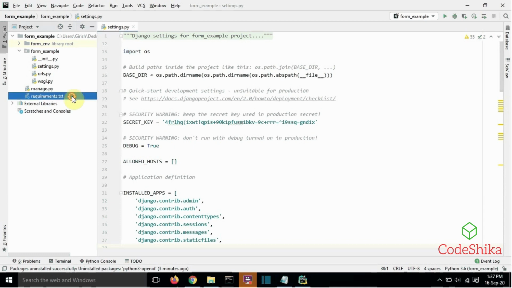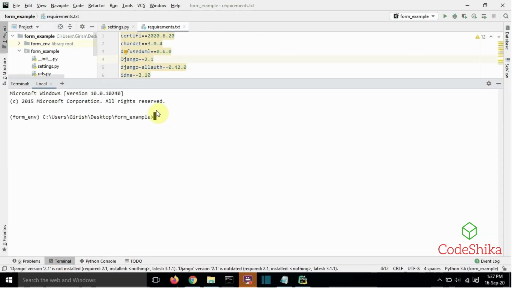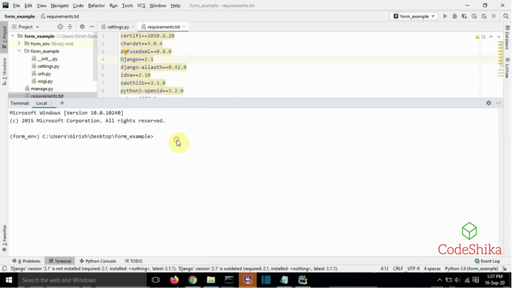Now suppose other developers grabbed this project which contains a requirements.txt file also. To run the project, developers need to install the required packages in the virtual environment only. As we have seen before, Python provides the command pip install -r requirements.txt to install the external packages using the text file.